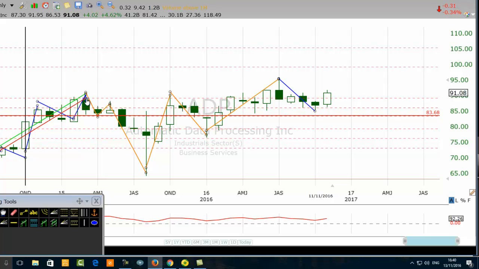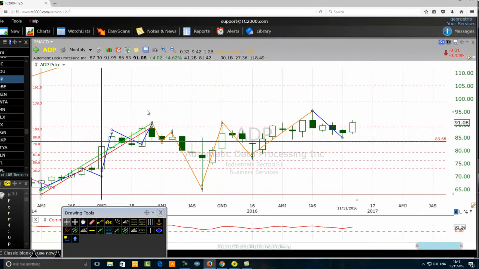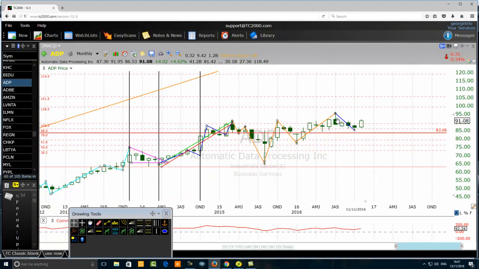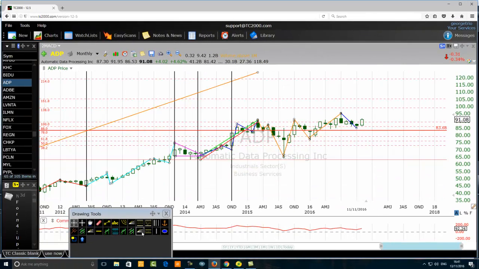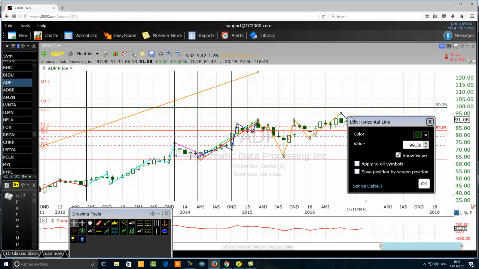Very good. So this session from here down to this level here, that's the A part of the flat correction. From here, 1, 2, 3, all the way up here, that's the B part of the flat correction. But because this flat correction went up to the 138.2% Fibonacci extension level, which is here, 138.2% Fibonacci extension level